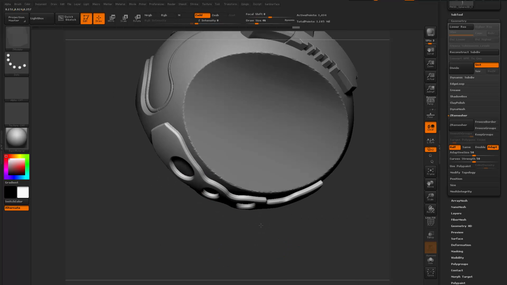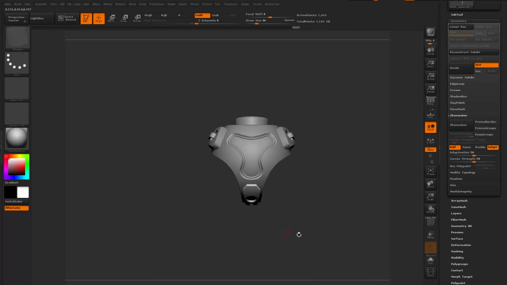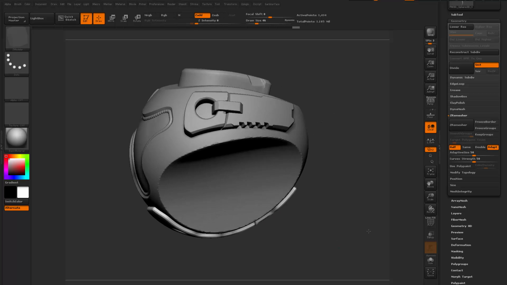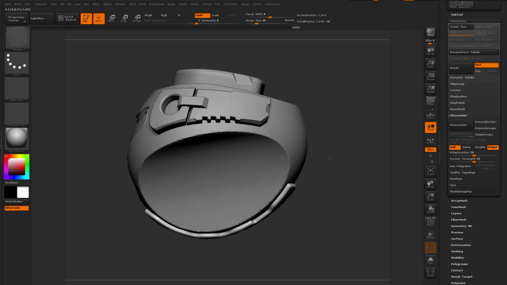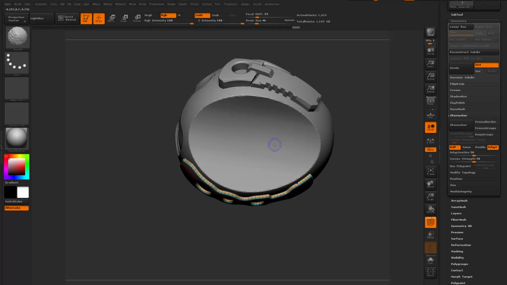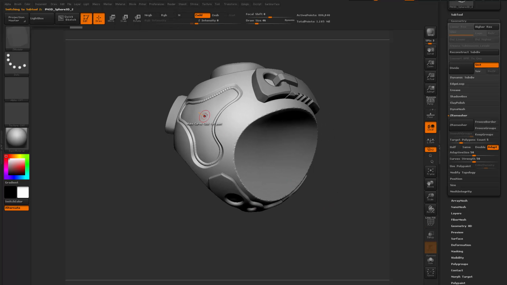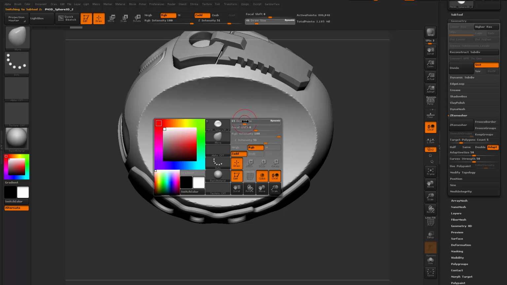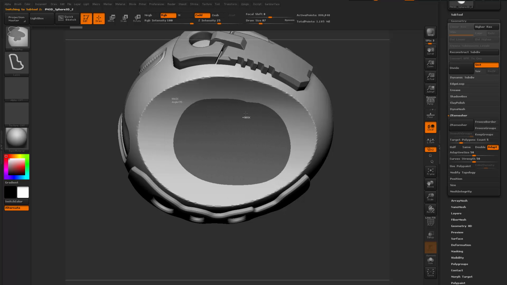Anyway, I can do more on the back. I can just keep populating stuff. But let's experiment with another technique here, which is similar to this guy. Let me use mask to mask out the